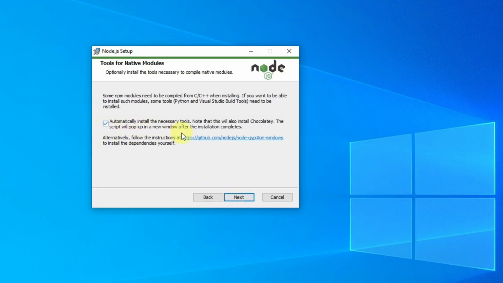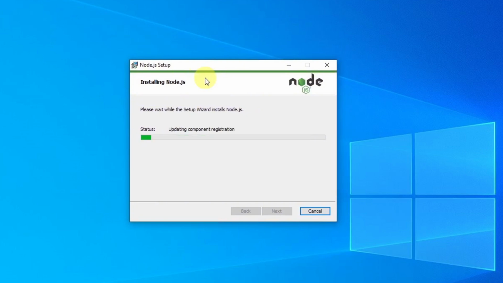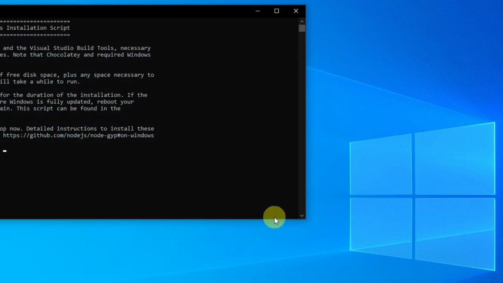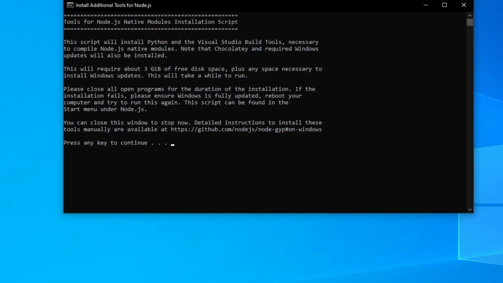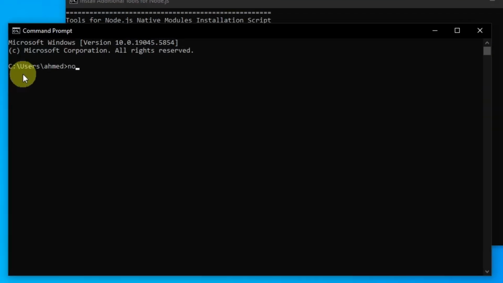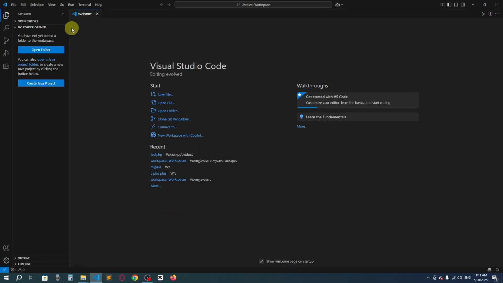select this one, automatically install the necessary tools. Then next, install. Yes, and we just have to wait for some time until the installation is done. All right. Here you can see it's done. Now click on finish. And now if I go to the CMD, if I say node, here you can see welcome to Node.js version 22.15.1. All right, so let's go here, and now I will go to the VSCode, and here I'm going to